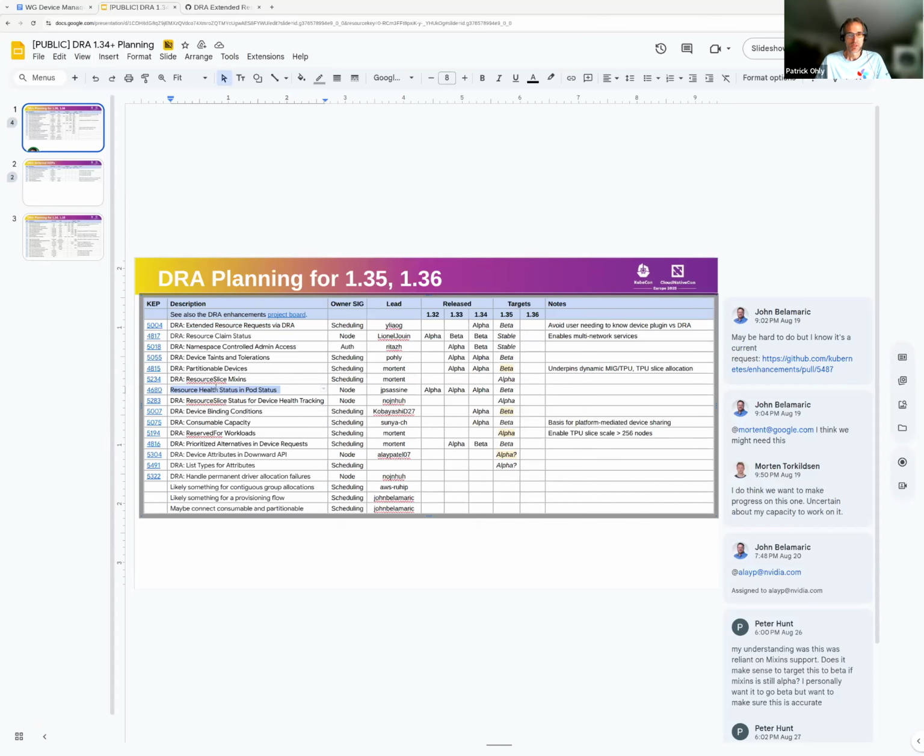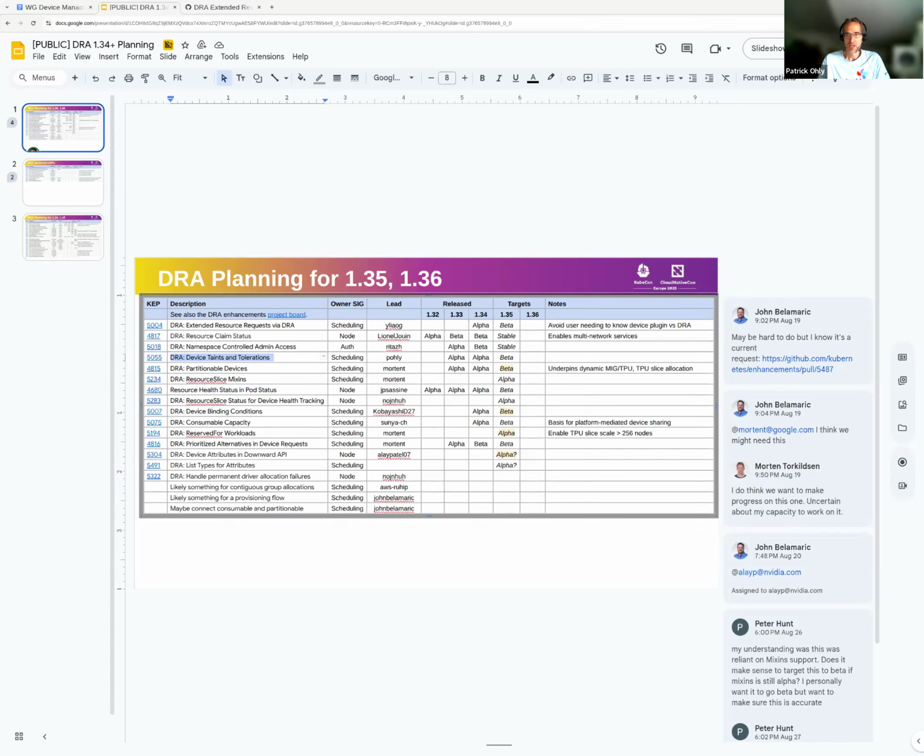There were some discussions around how to represent device health. There is one tentative KEP by John on that, but I think we are now leaning more towards including a bit more device health information, or general information, in the device taints. So that would be KEP 5055.